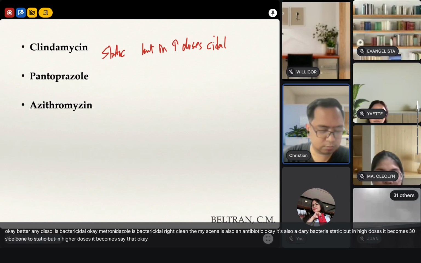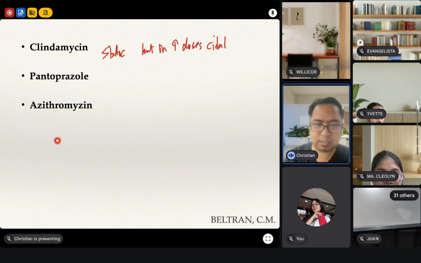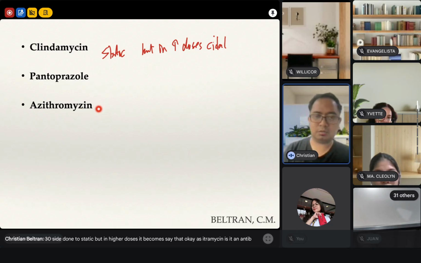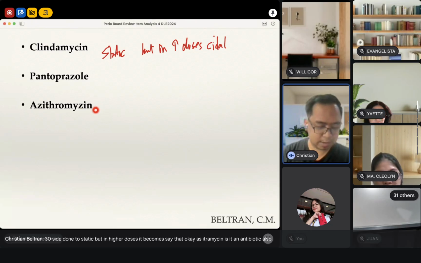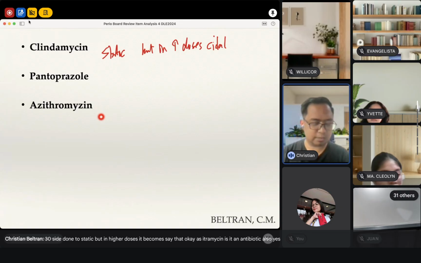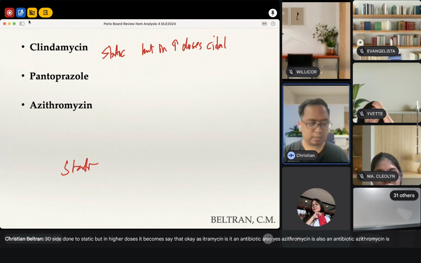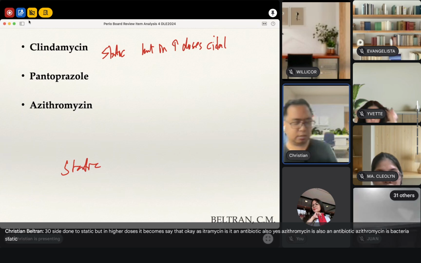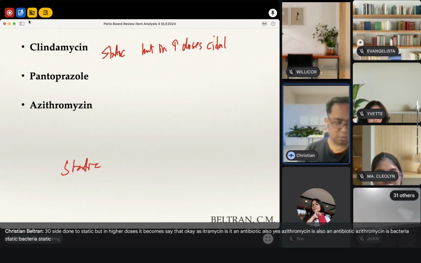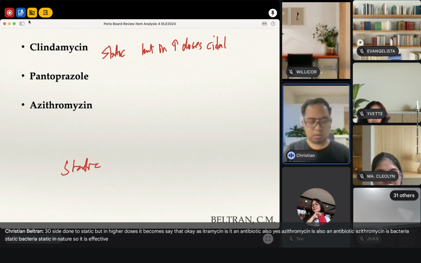Okay. Azithromycin, is it an antibiotic also? Yes, di ba? Azithromycin is also an antibiotic. Azithromycin is bacteriostatic. Okay? It's bacteriostatic in nature. So it is effective against anaerobic and gram-negative